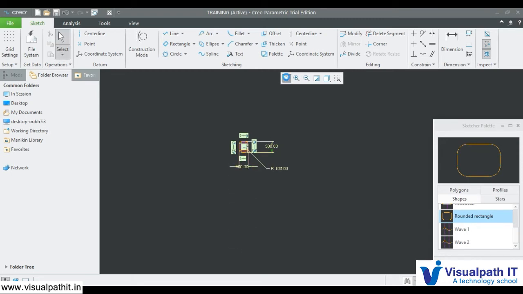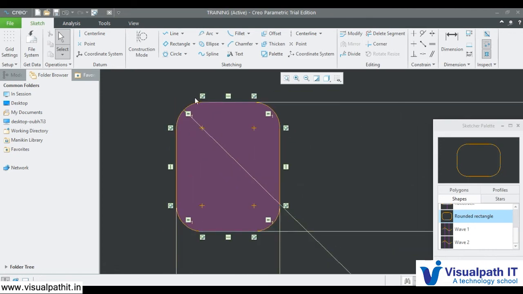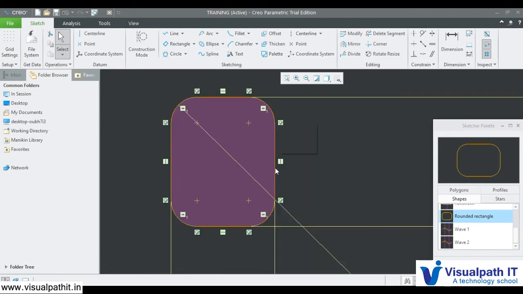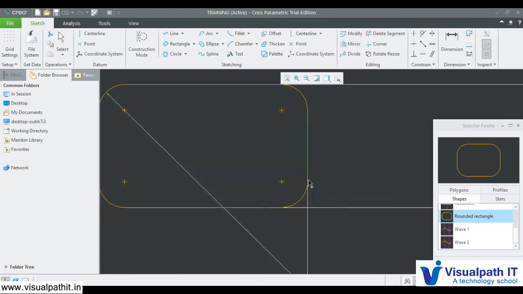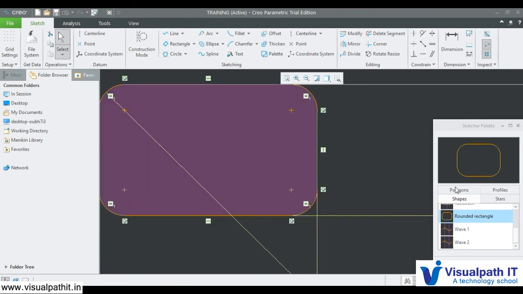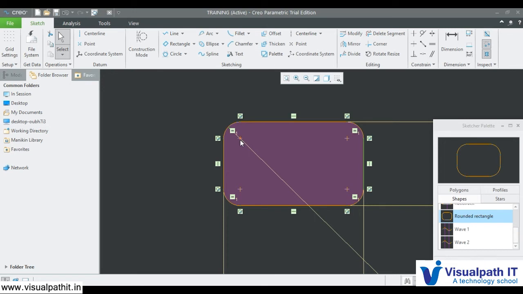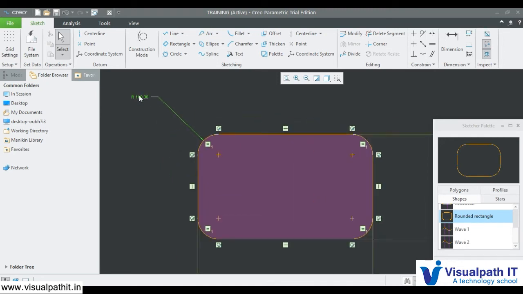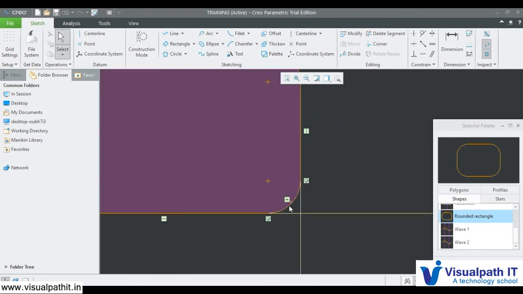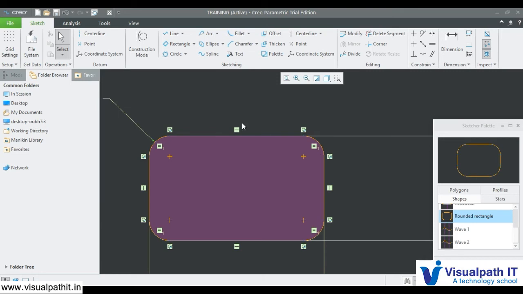I'm bringing the dimensions in here so that I can fit more things into my window. This is how I created it, and if I want to move it, I'll move it. If I want to update my radius, I'll increase it. Similarly, if I don't want this much radius, I'll change that. So this is how I get my predefined rounded rectangle. I have avoided many operations: drawing a rectangle and giving a fillet to every edge. I have simply got this, so depending upon my requirement, I will take that.